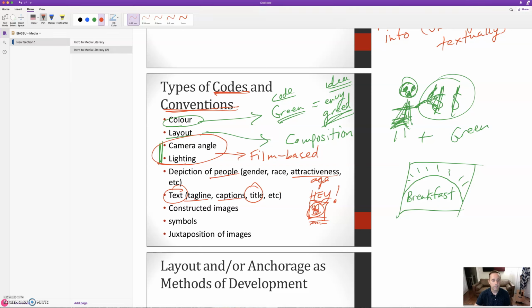Is it italics? There are constructed images, so images that are put together with other images. So putting two things together, I don't know, maybe this is the pig from Three Little Pigs or something. Are there symbols like logos? And then what images are juxtaposed? That means contrasted and put beside each other.